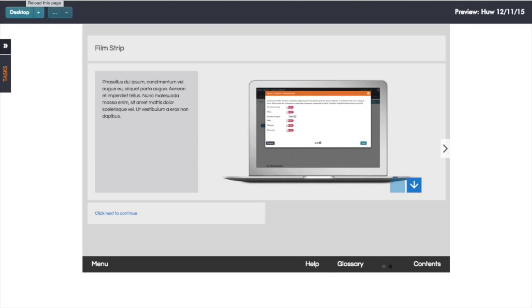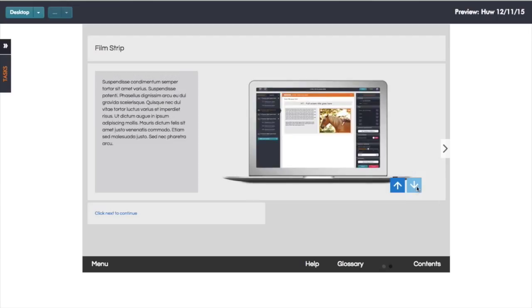In this session, we're going to have a look at the use of the screen status display condition. Sometimes you may not want the learner to move on to the next screen until they've looked at all of the information on the current screen, or that they've fully interacted with all of the assets that are on the screen. For example, here I have a film strip, and I can move through that using the navigation arrows here,